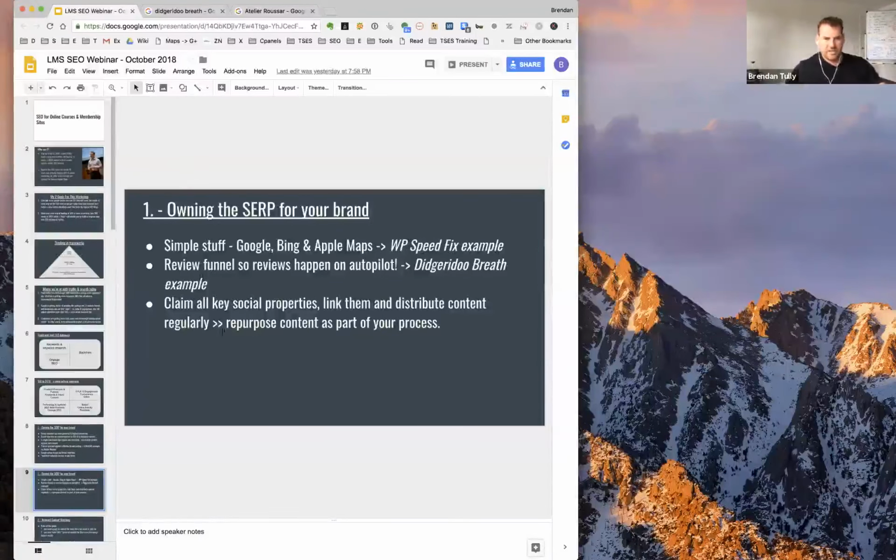The other way to own the brand SERP is to claim all the key social properties, set them up properly with proper banner images, proper logos, proper blurbs. You can link them together. A lot of social properties link together. So